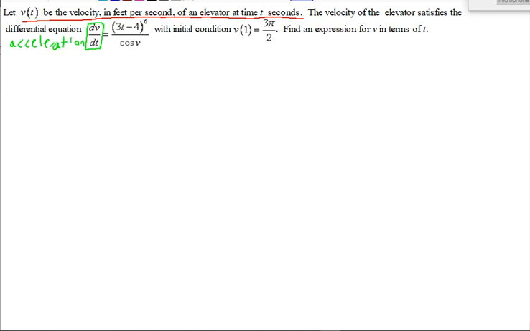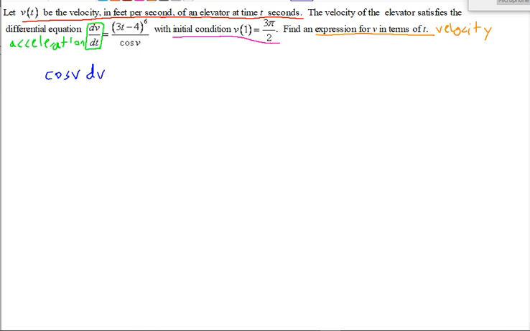So what you're really trying to do is go from the acceleration function here with this initial condition, v of 1 equals 3 pi over 2, and get back to an expression for v in terms of t. We're sort of looking for the velocity function. So to do that, first thing we have to do here is separate our variables. So you can see here we can cross multiply and say cosine of v